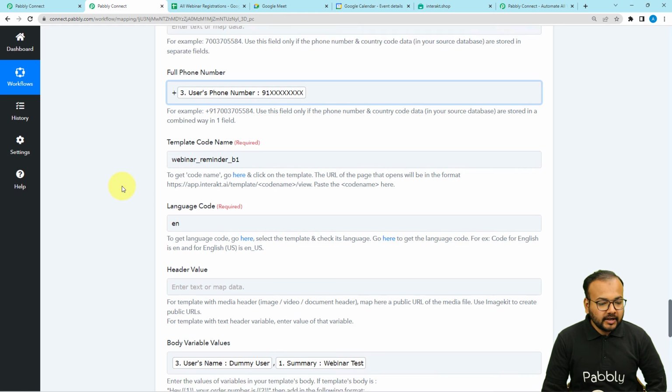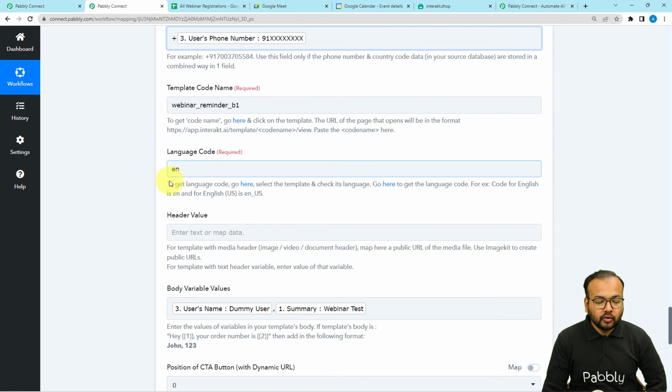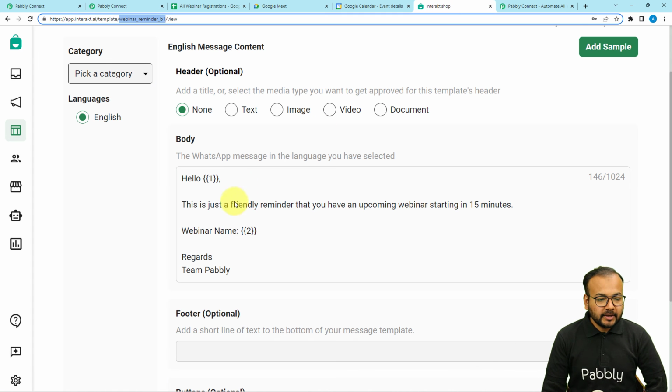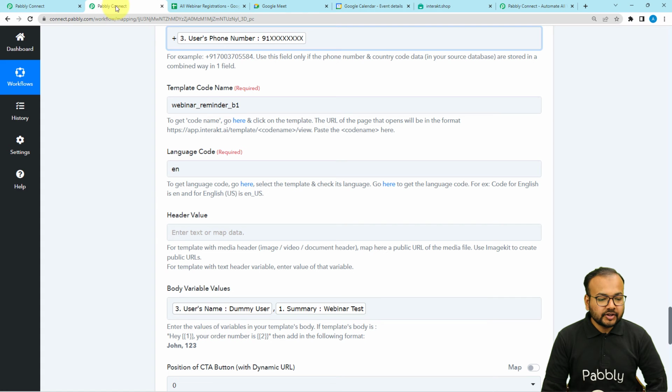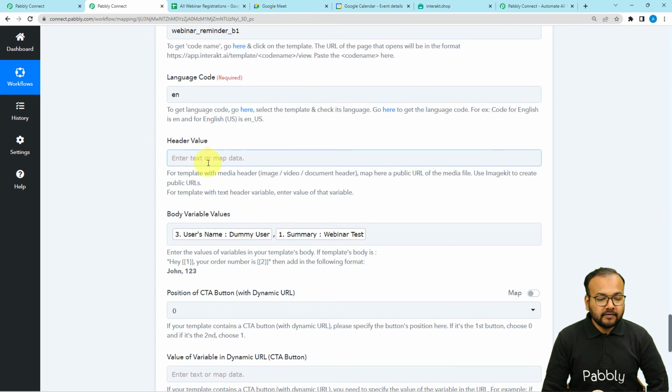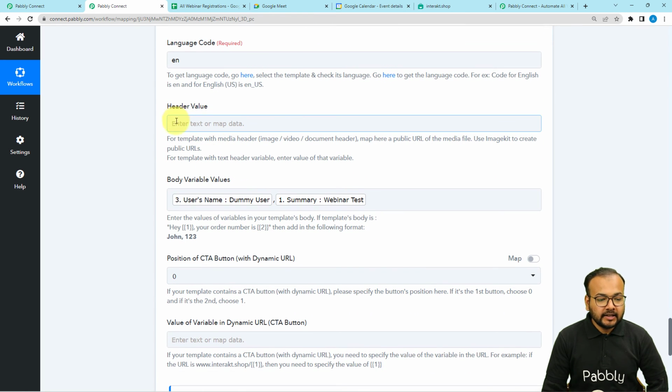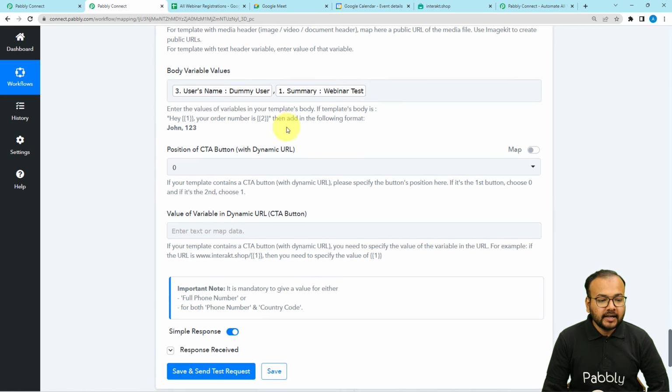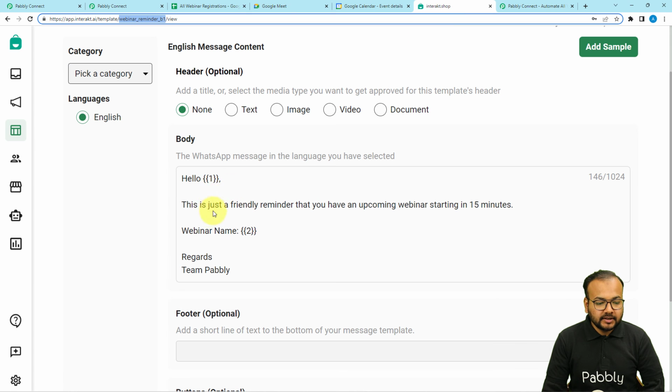Okay. And here you have to fill the language code in which you have written the message. So I have written the message in English language and the code of English language is EN. So I have put EN here. And in the header value, if you are sending anything in the header, you have to put the value here. If not, you can leave this blank. And in the body variables field, you have to fill the values of these body variables, okay, in comma separated